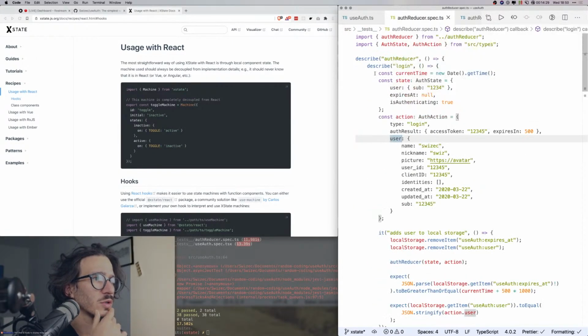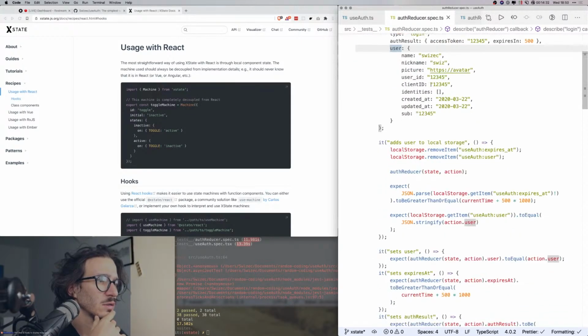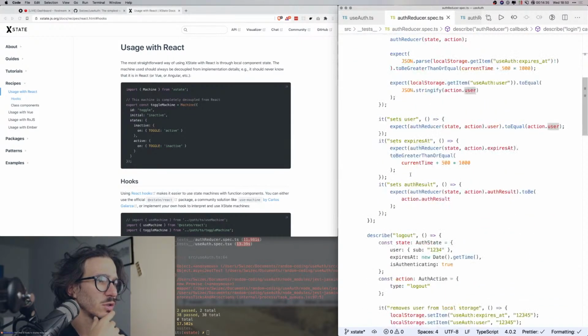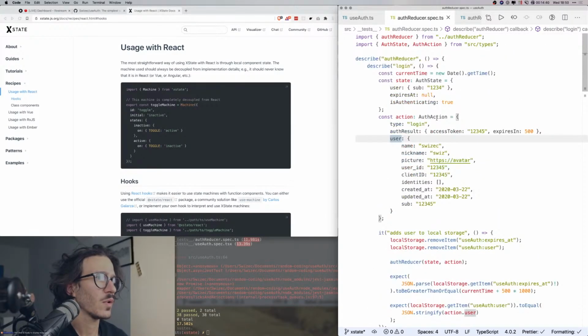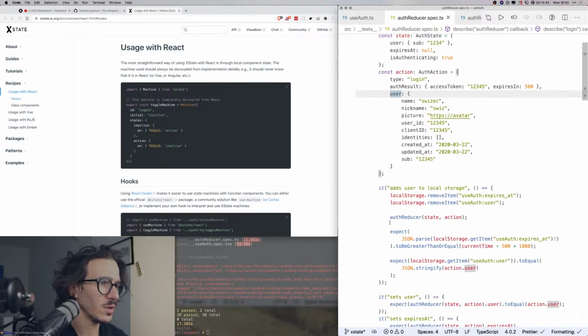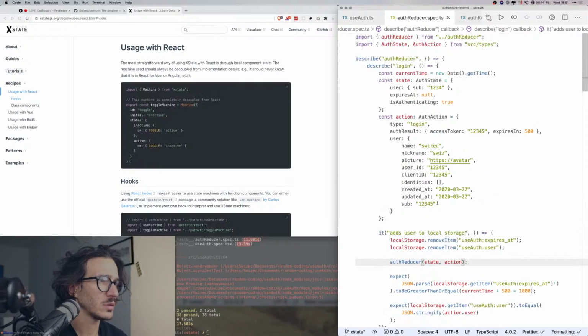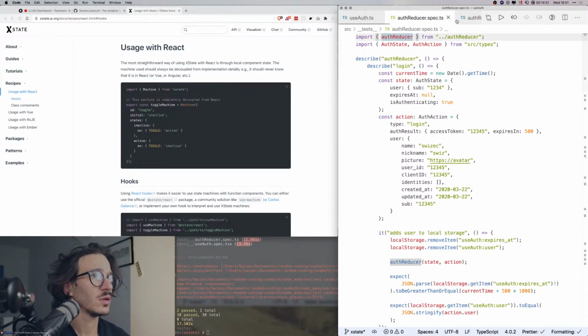So the auth reducer spec, describe login: adds user to local storage, sets user, sets expires at, and sets result. Cool. And that happens when we push in an action. Okay, maybe we can start with the actual tests. Let's start changing the tests. So we're going to get the auth machine instead of the auth reducer from auth reducer. And then the auth machine is starting in